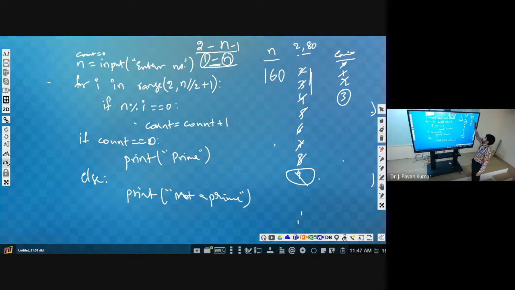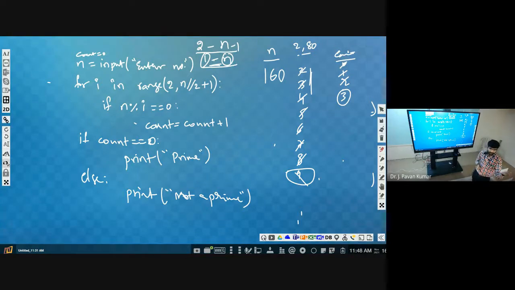2 is a factor, so count will become 1. Next 3, 4. 4 is a factor, so count will become 2. Next 5 is also a factor. 6, no. 7, no. 8, yes. 9, no. 10, yes. Right? Next 11, no. 12, no. 13, 14, 15, 16, yes. 17, no. Like this, up to what extent? After 16, you tell, what is the next factor? 20.